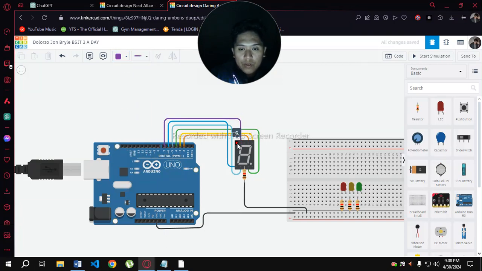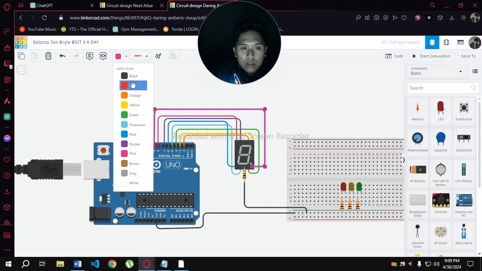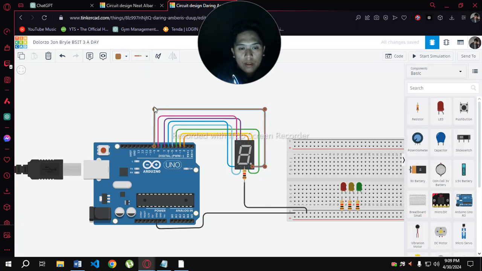Now we are going to connect the letter G to our eighth pin. So change color into pink. And also our decimal point, we need to connect it also. So we are going to put it into our pin number 9. And then change color into brown, I think. Brown, yeah.